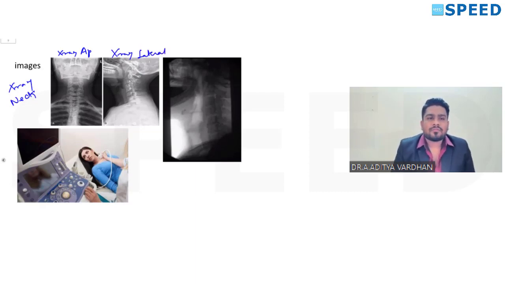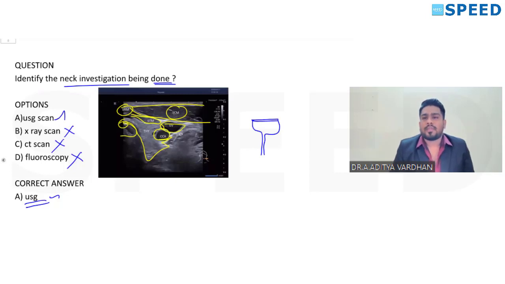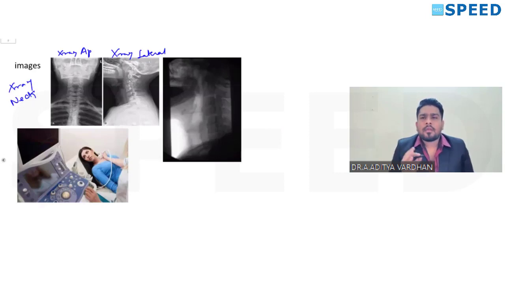Now, I will take you to another option, that is fluoroscopy. Why the given image is not a fluoroscopy is, friends, remember, whenever a patient has a pathology related to the bones in and around the neck area, we perform a basic X-ray, because X-ray will be able to look at the bones well. So we'll perform it and we'll be able to come to a conclusion. Whenever we have problems related to deglutition, the soft tissues of the neck, that is the oral pathway, then we